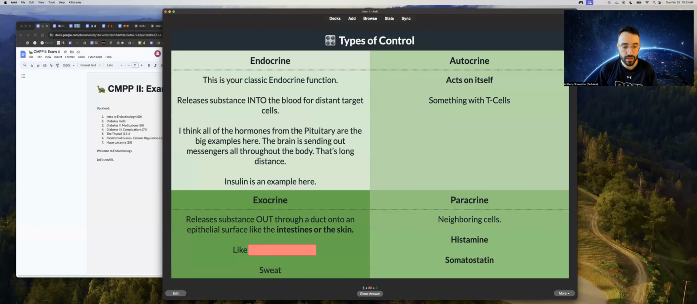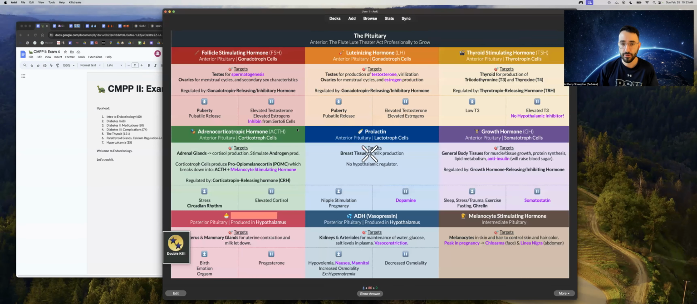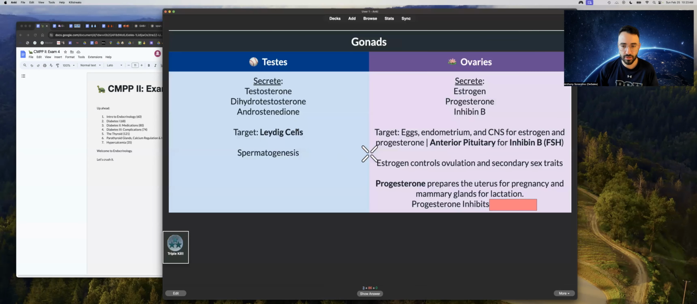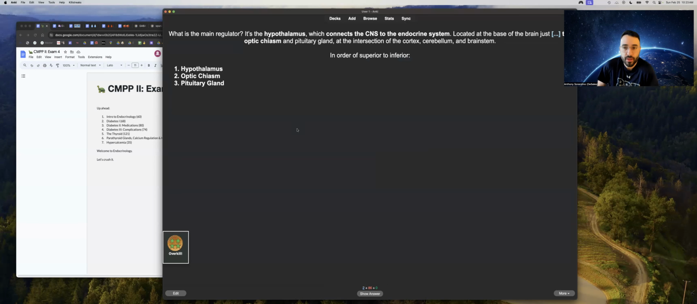Okay. Exocrine, like, yeah, this is actually epithelial cells. This is going to be like amylase and lipase, like from the pancreas right into the duodenum, right? Axon itself, autocrine. Bottom left is oxytocin. Progesterone inhibits oxytocin. Let's go. Located at the base of the brain, just